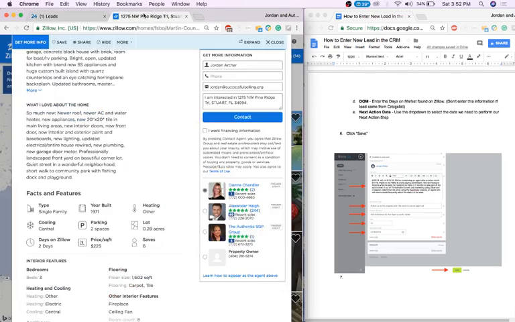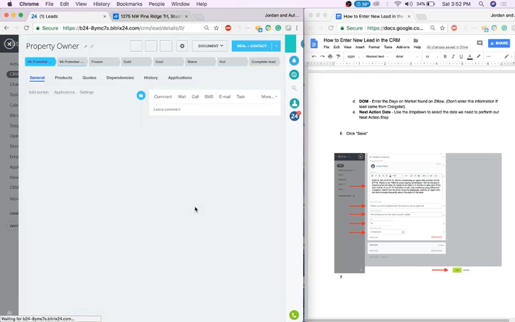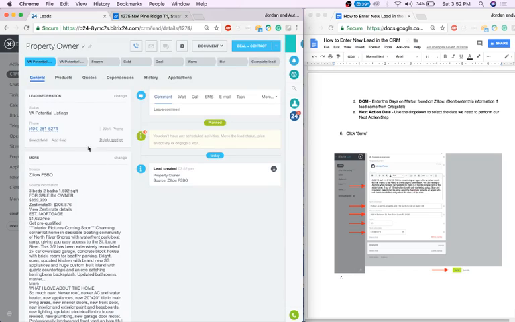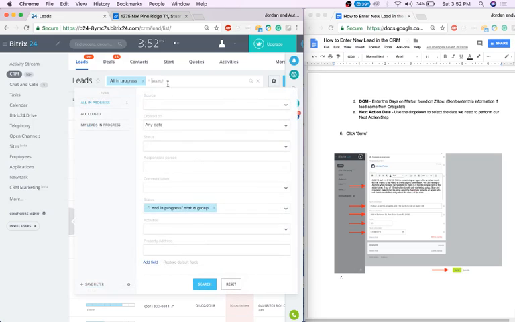And then after all this information has been put in, that's all the information we need from the Zillow listing. So we're just going to hit save down here, and that is going to add the listing to the database. So this guy is on here now. You can click X to exit it out, and I'll show you how to do this a little bit later, but